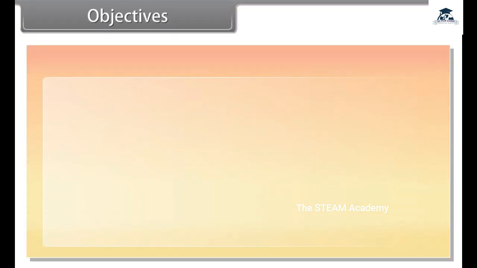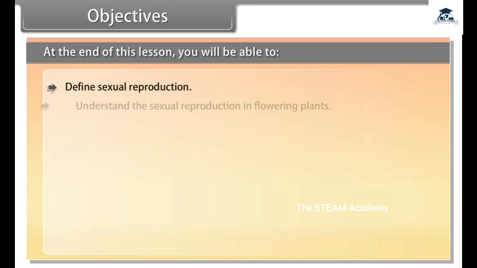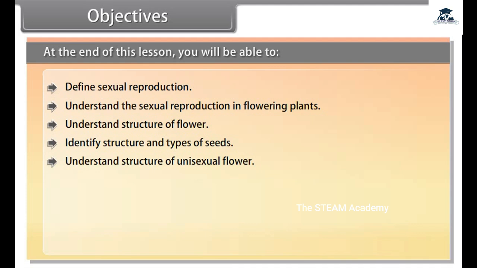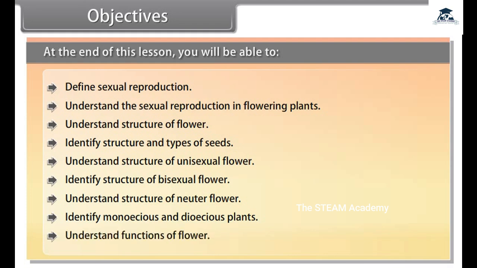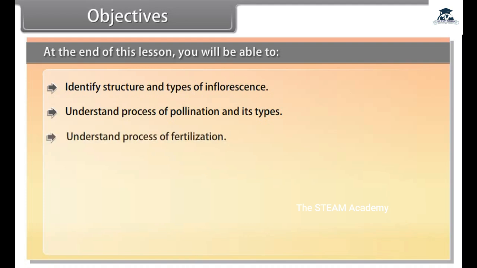Objectives. At the end of this lesson, you'll be able to define sexual reproduction, understand the sexual reproduction in flowering plants, understand the structure of flower, identify structure and types of seeds, understand structure of unisexual flower, identify structure of bisexual flower, understand structure of neuter flower, identify monoecious and dioecious plants, understand functions of flower, identify structure and types of inflorescence, understand process of pollination and its types, understand process of fertilization, identify structure of ovule,